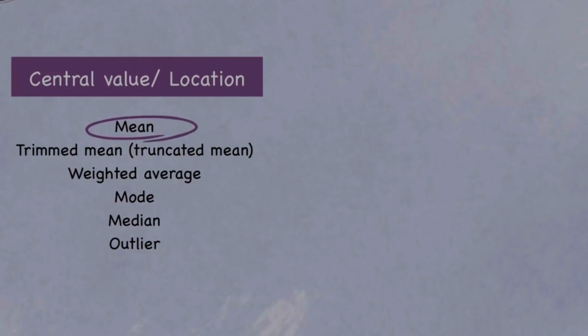Now let's get started. The most basic topic in statistics is probably the estimates of central value and variability of the data. They are going to be your bread and butter when you are doing descriptive analysis on your data set. I'm pretty sure most of you are already familiar with both of these concepts. The most basic estimate for central value is the mean, also known as the average value.